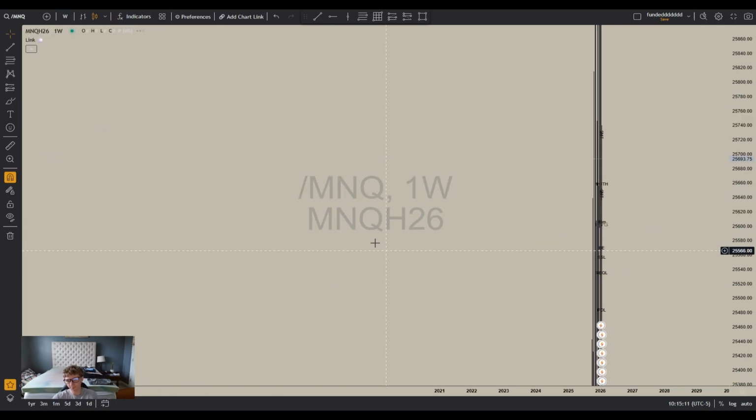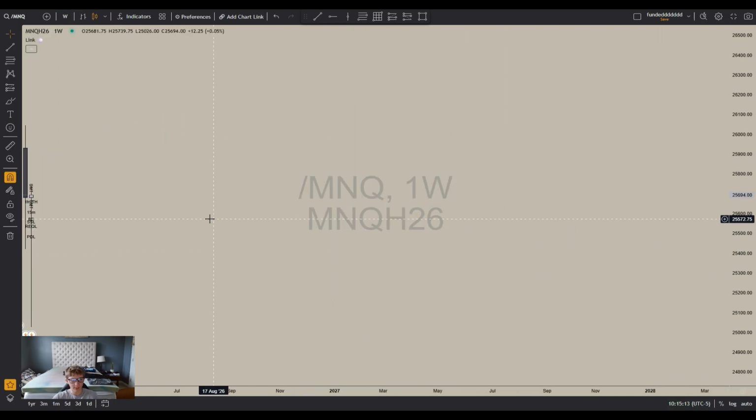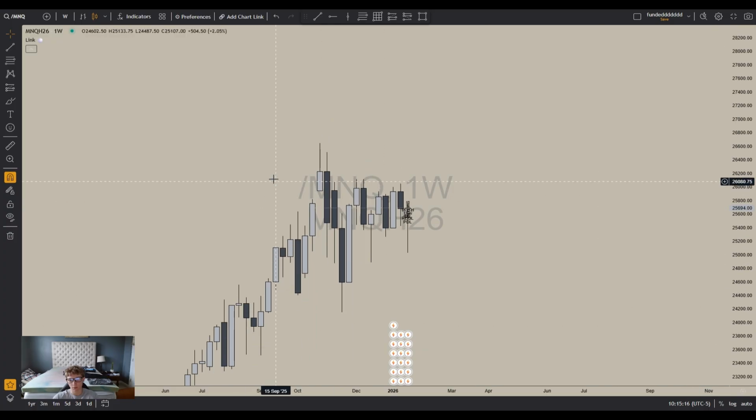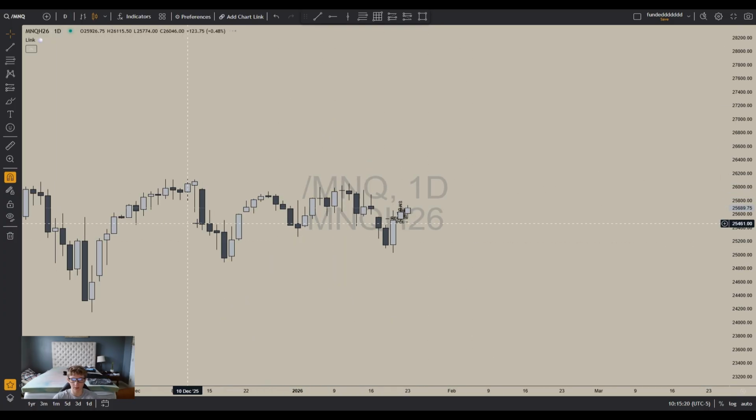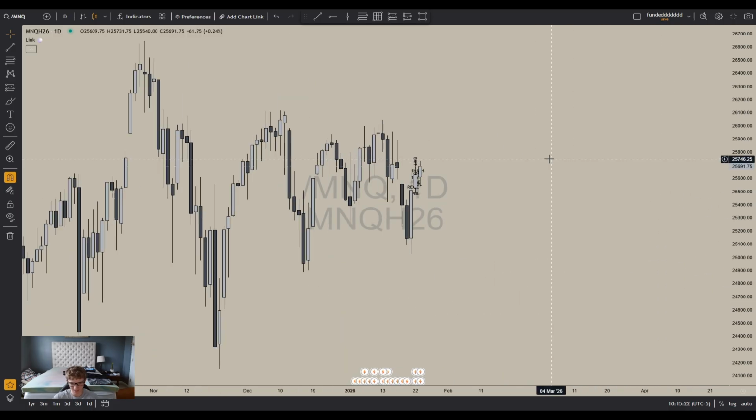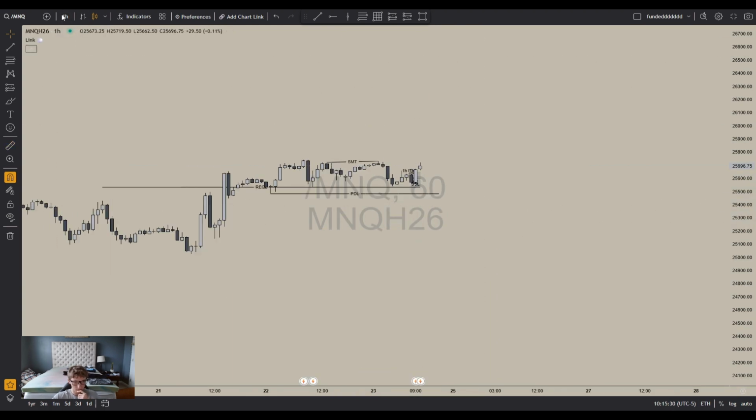So on the daily, can't really tell. It's kind of just like, what? Or, this is a weekly, my bad. Daily is kind of the same. I mean, overall bullish, right? We swept this, displacement higher, all that good stuff. On the 4 hour,